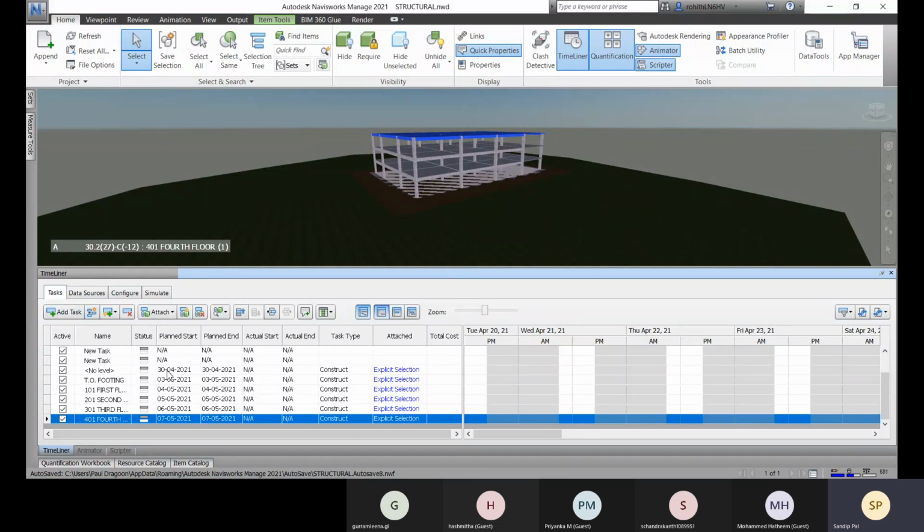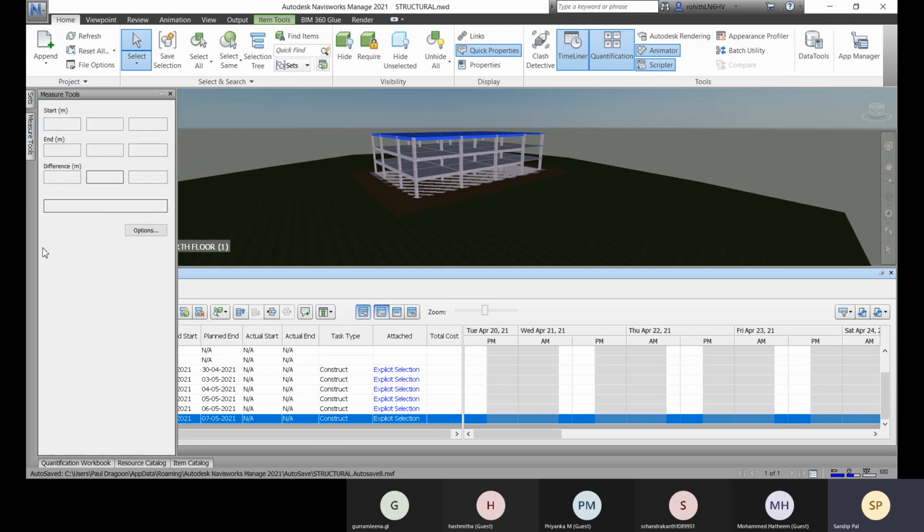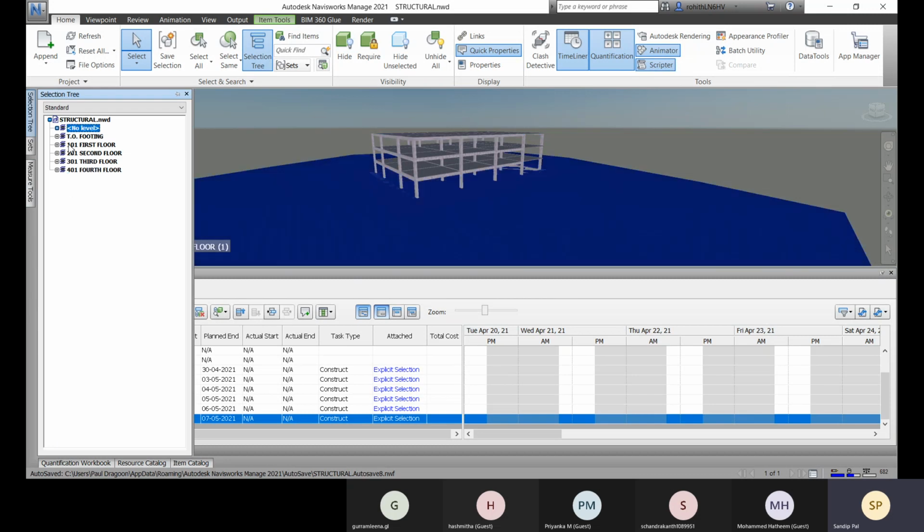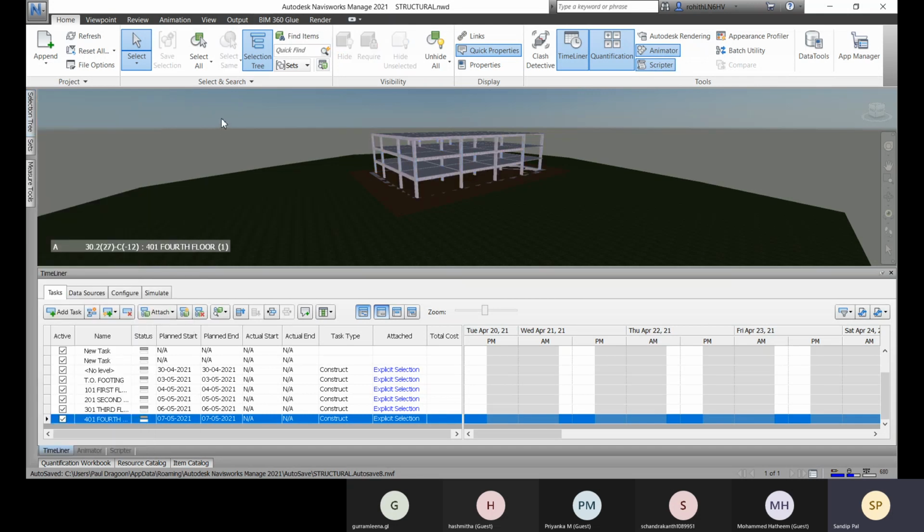You don't have to create this much, like plan start, this. It will automatically take all this. So that's why it is auto add task. It will generate all this based on your model geometry or the sets you have within your model. Okay, so this is the selection tree, and there you have everything. So this is, you can say, the model set or the levels or the layers, and as per that you have created. So everything is going to be constructed.